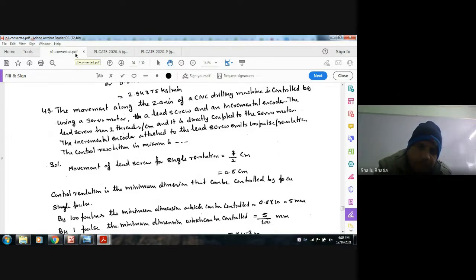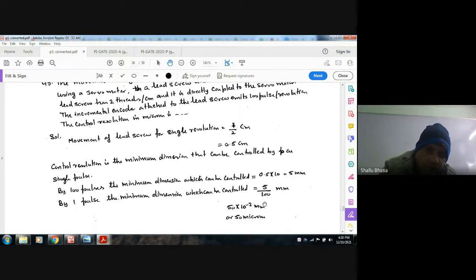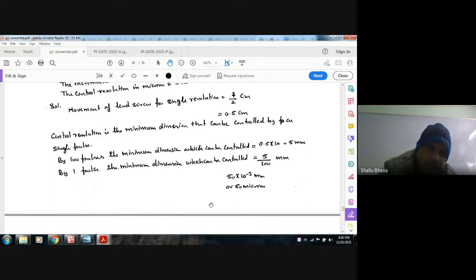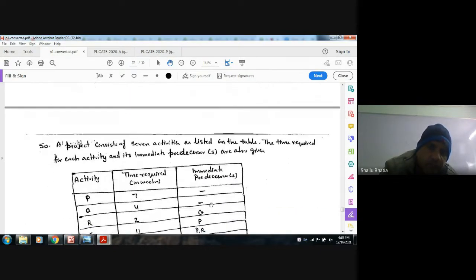Given that the incremental encoder tied to the lead screw gives 100 pulses per revolution, so by 100 pulses we get 0.5 centimeter, or 5 mm. Now by one pulse we can have 5 by 100. So this is the control resolution that is controlled by a single pulse, that is 50 micron. Next,